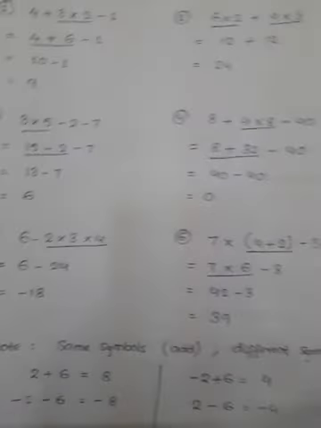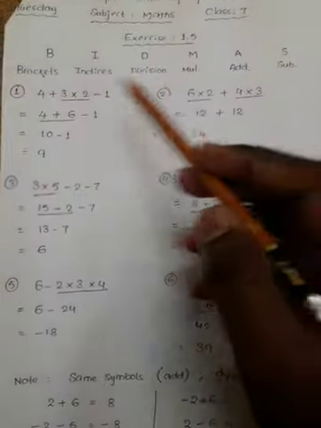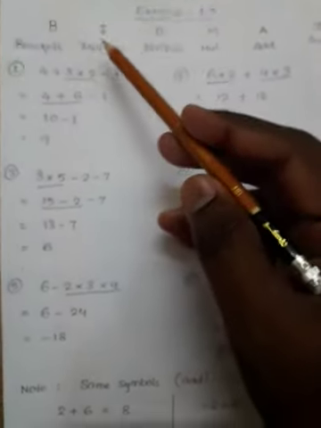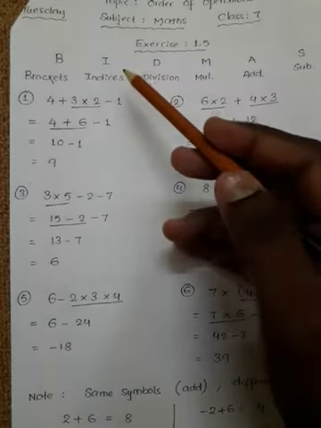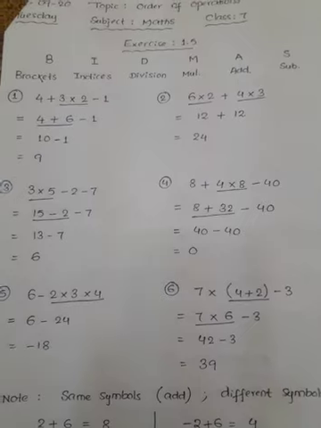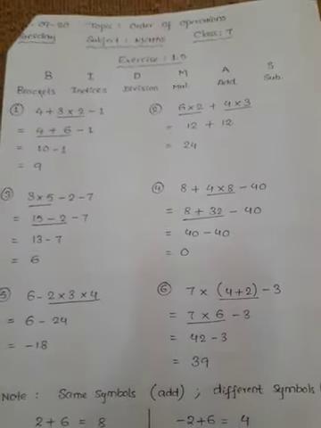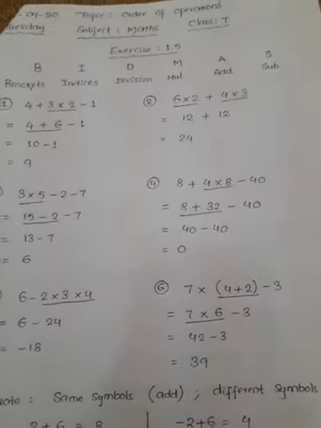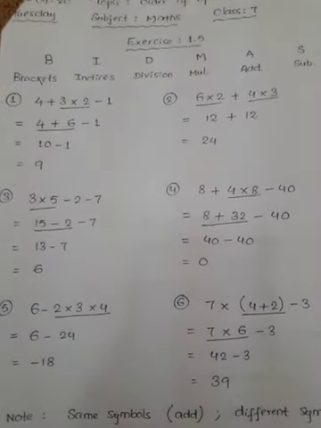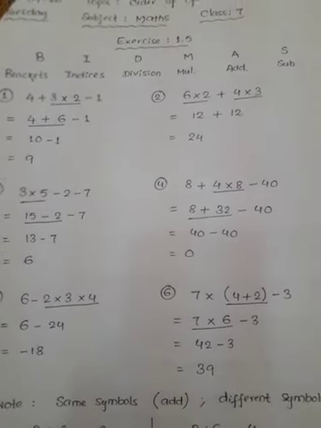Today the new topic is order of operations, right? Order. That means we have to follow the order. Which order do we have to follow? BIDMAS. So B means what? Brackets. I means indices. Indices means what? Powers, like 2 square, 3 square. In the last class I explained 2 power 5. That means in power, right or no? 2 square means 2 is up, 4 square means 2 is upward, right or no? That is called indices. Next is division, multiplication, addition and subtraction.